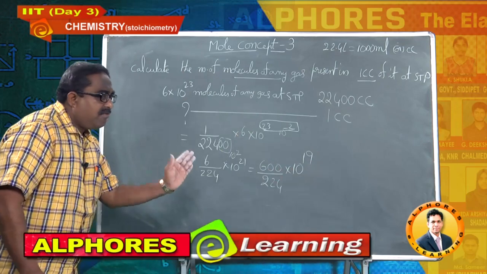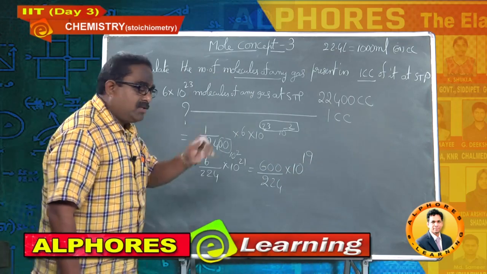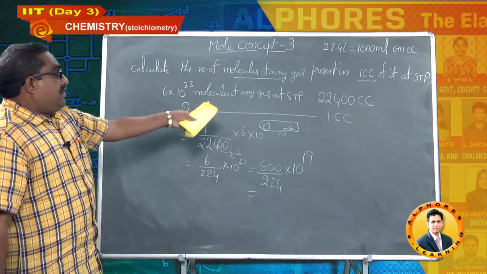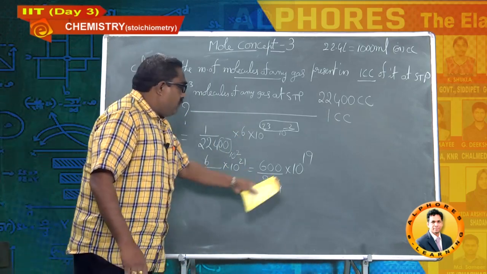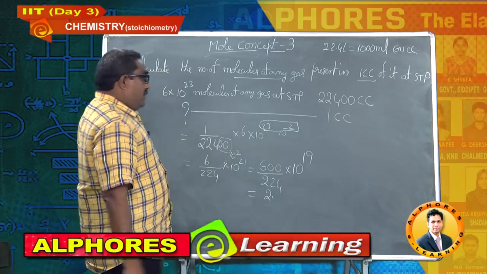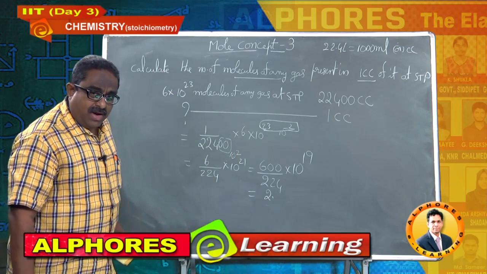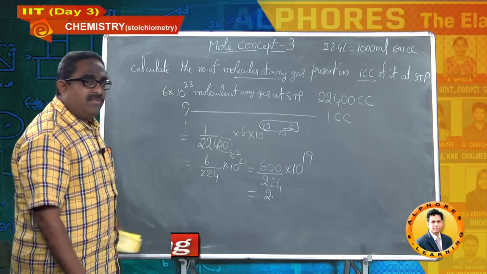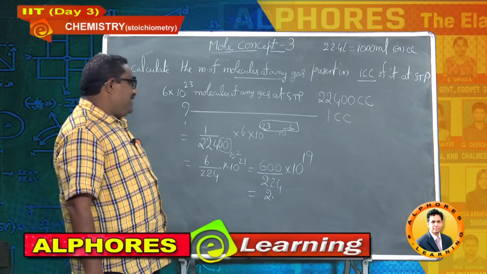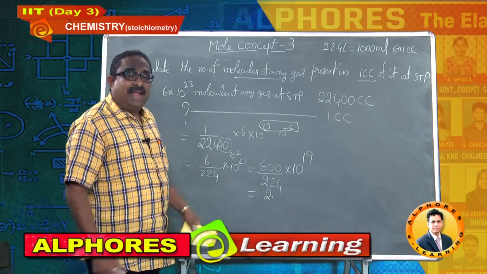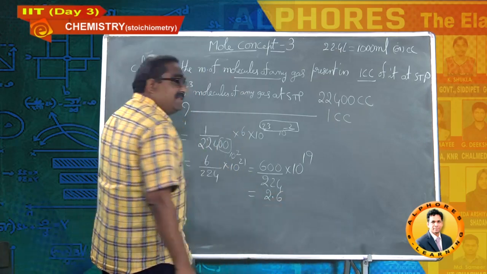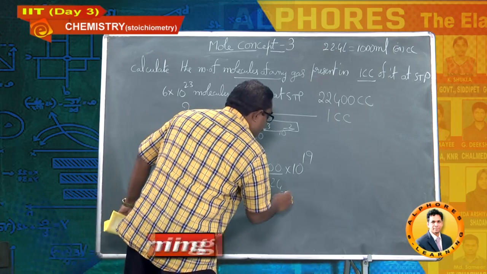This is the simplest way of calculation. Please concentrate on that part also, students. Very important. Now you can calculate 224 into 2, 448. So 2 times it is going to be cancelled. 448. Remaining thing is 152 out of 600. You can simply go for 6 times because it is almost 6 times. So 2.6, and then you will get it as 2.68.